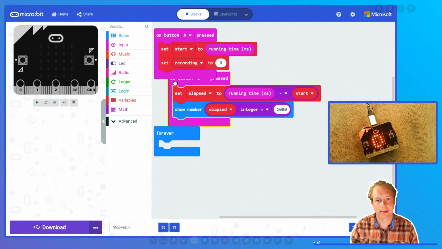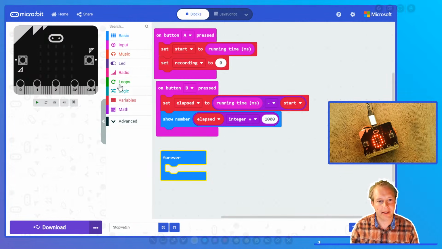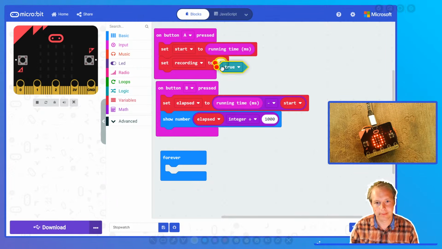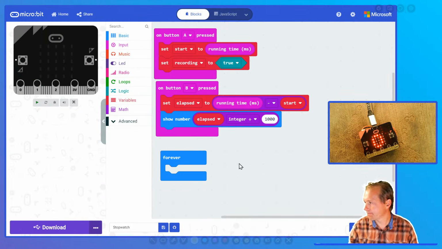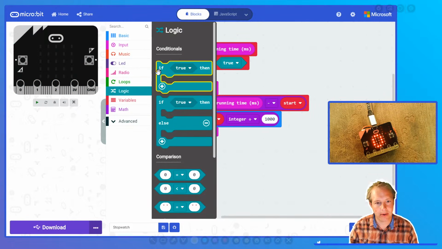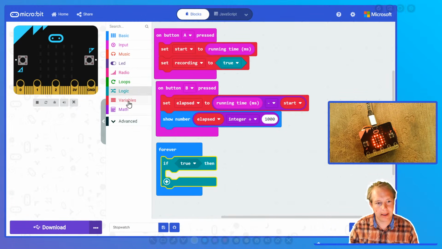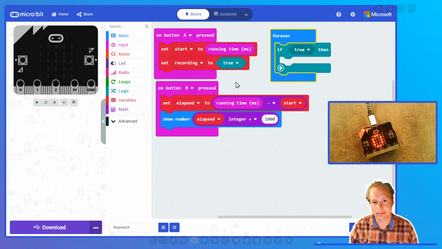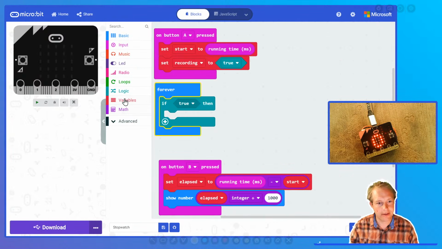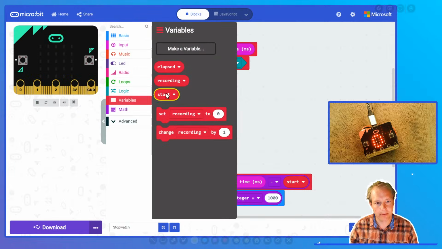And when I press A, I'm going to set that variable to true. And when I go in the forever loop, if this variable is true, so I'm going to read this variable,